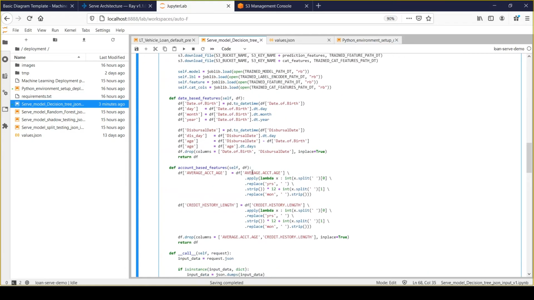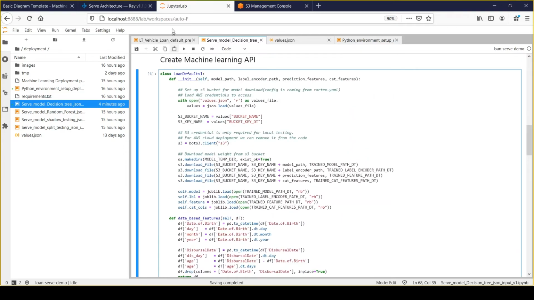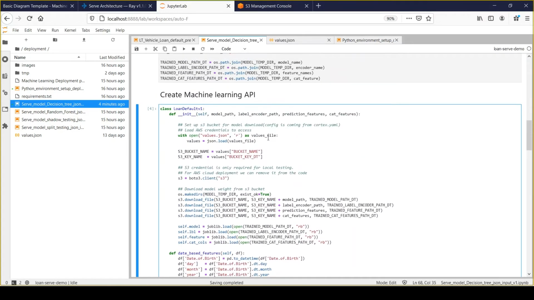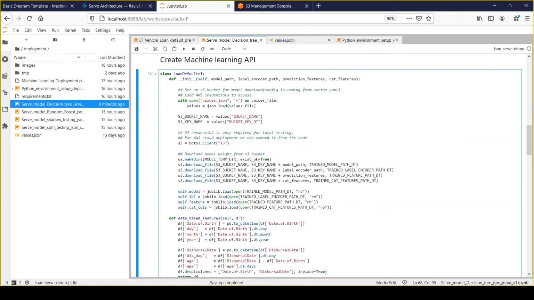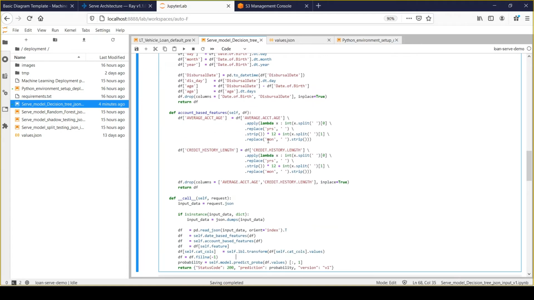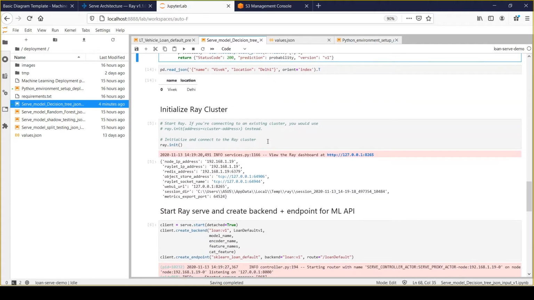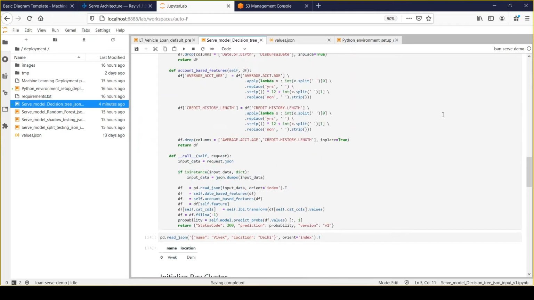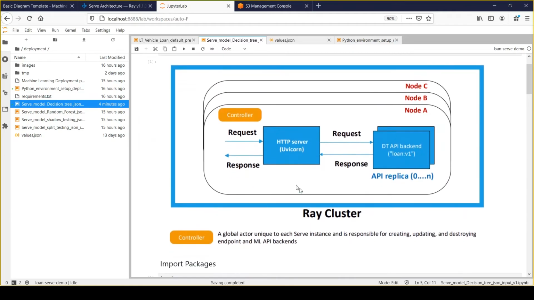So that completes the creation of the ML API, and now we'll see how we can take that ML API and deploy and use it with the help of RayServe at the time of inference. The next step is to initialize the Ray cluster. If you look at this diagram, RayServe runs on top of the Ray cluster, so before running the RayServe instance, we need to initialize the Ray cluster.